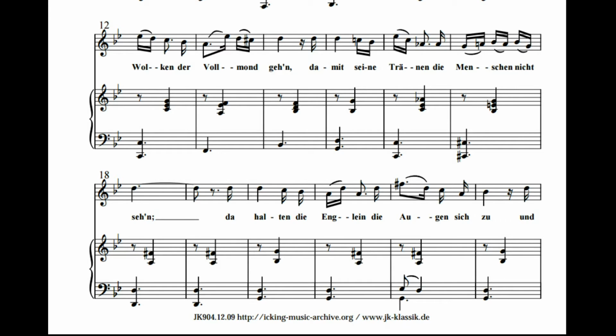Wolken der Vollmond gehen, dann mit seine Tränen die Menschen nicht sehen. Da